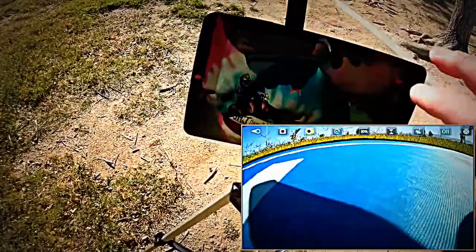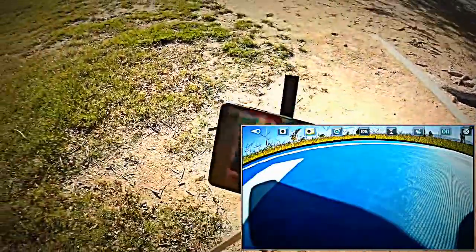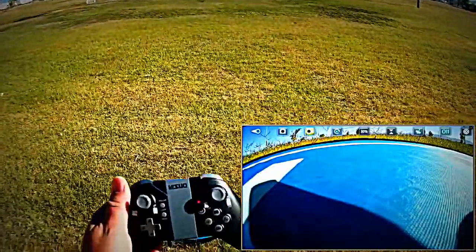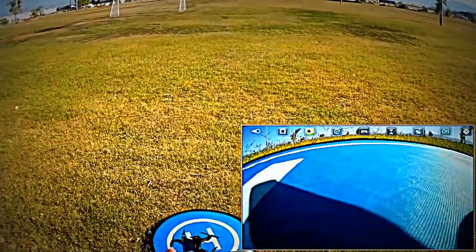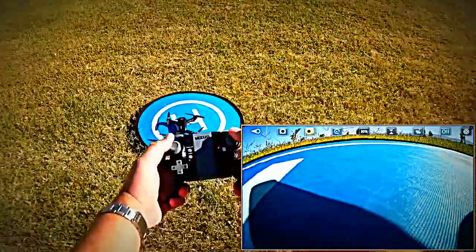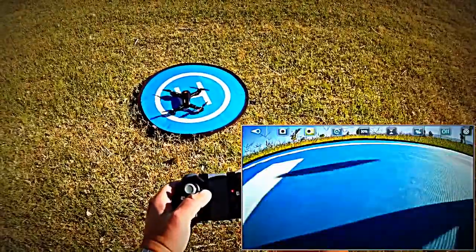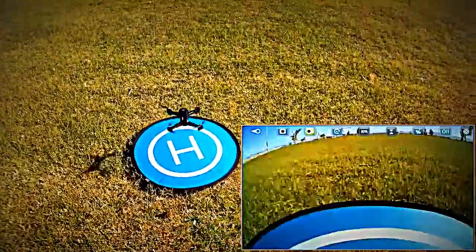Starting the recording now. So it's recording to the SD card and also recording to the phone too in low resolution. But now we need to start the motors by bringing the sticks down and inboard, and then hitting the automatic takeoff button